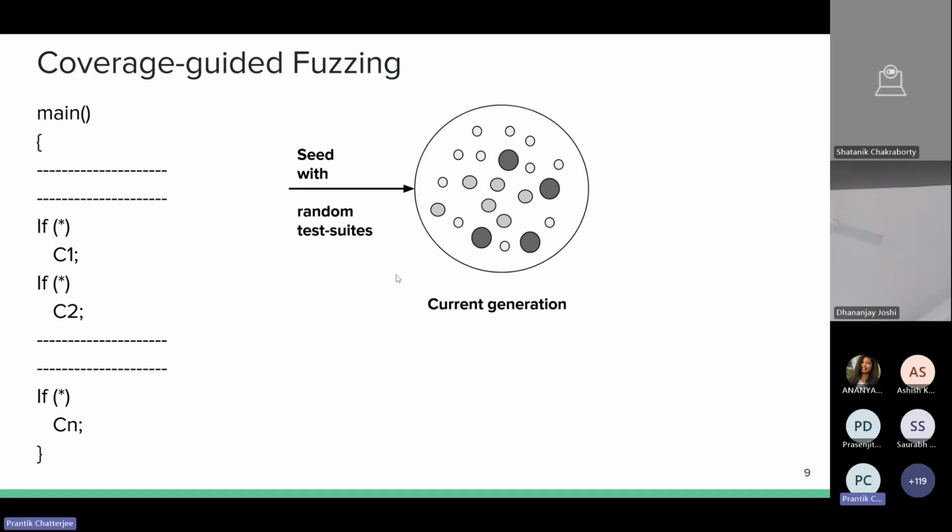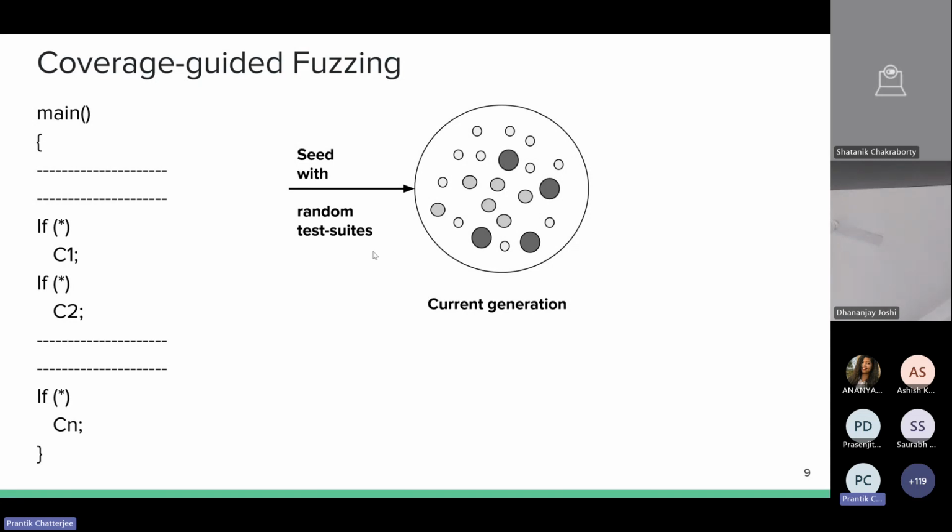So the way you start is very simple. It's an evolutionary search. I think most of you will be familiar with evolutionary search, but still, let me give you a brief overview anyway. Essentially, you will seed an initial population with a bunch of random test suites. The random test suites are, let's say your program takes as input an integer, right?